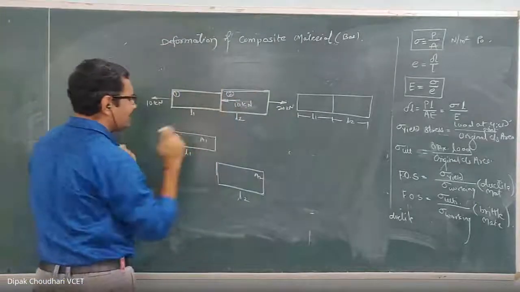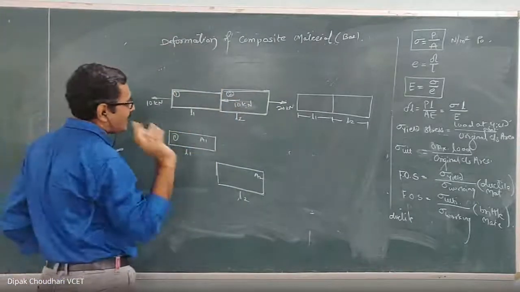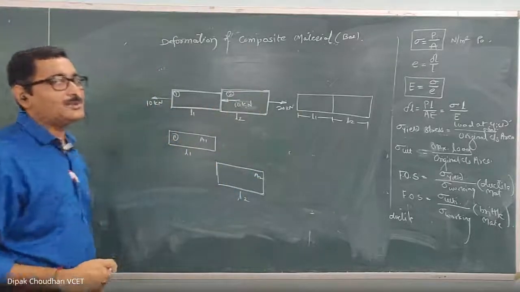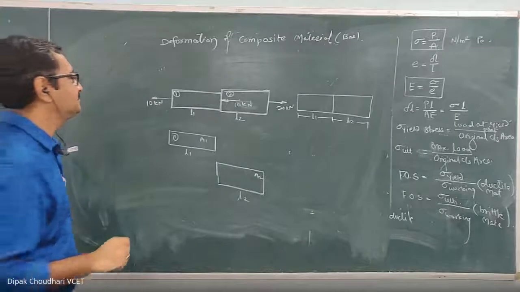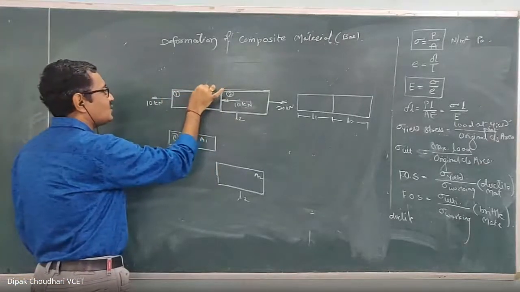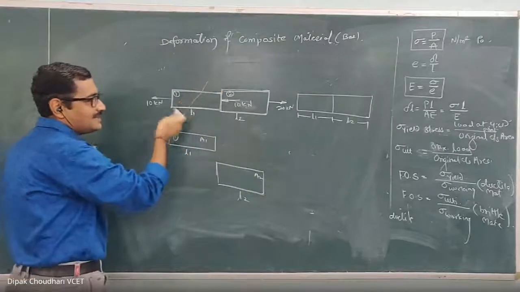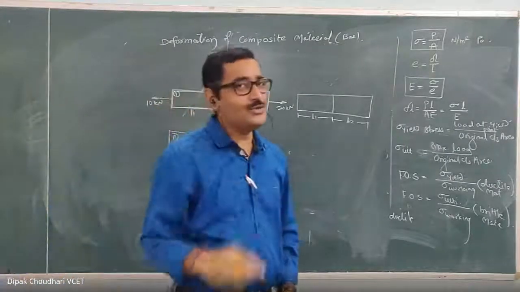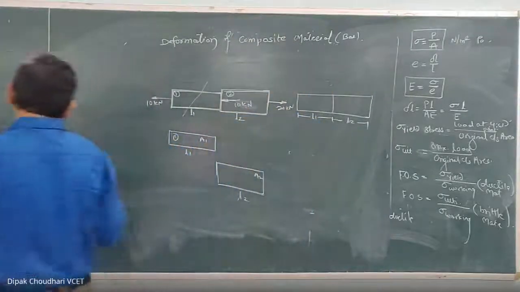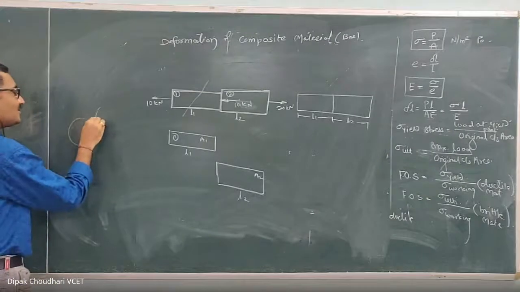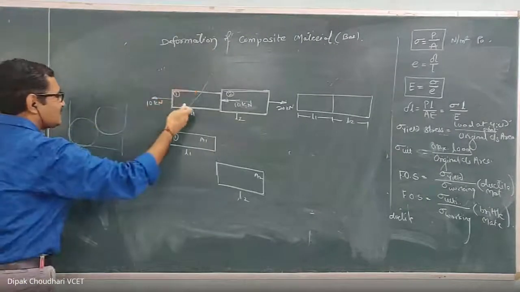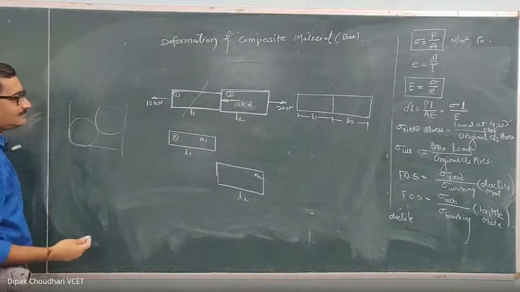So how much is the axial force acting on this part 1? To calculate the axial force, what we have to do? First you have to check the equilibrium. The entire component should be in equilibrium. Now to find out the axial force in the part 1, consider one imaginary section through this part 1. Now you know why we take the section. Why do we take an imaginary section? In first year, why we used to draw the free body diagram? This taking the section is nothing but drawing the free body diagram.